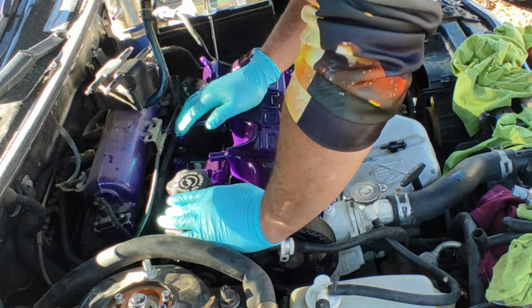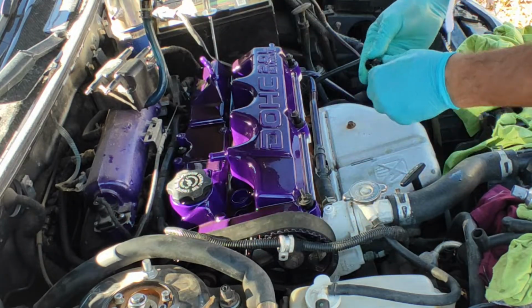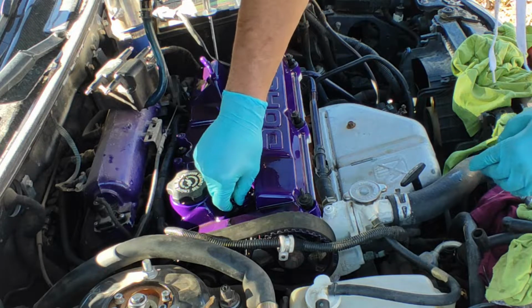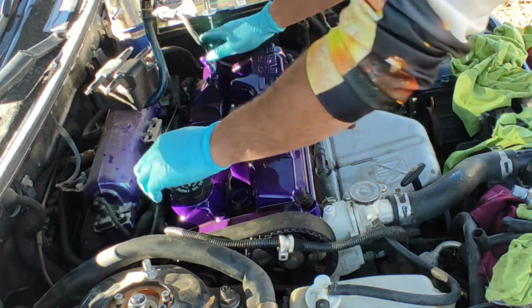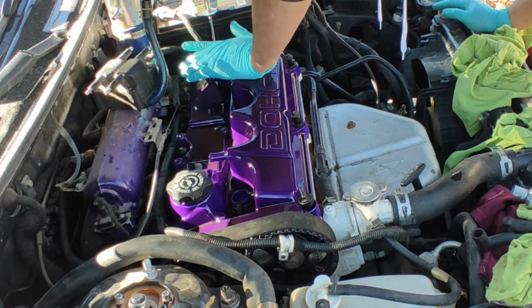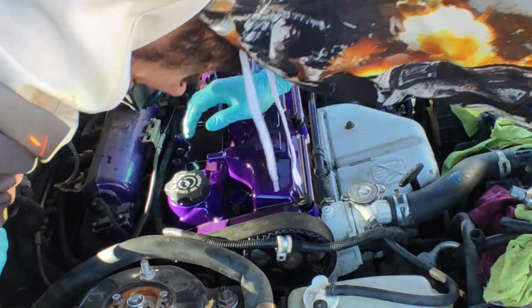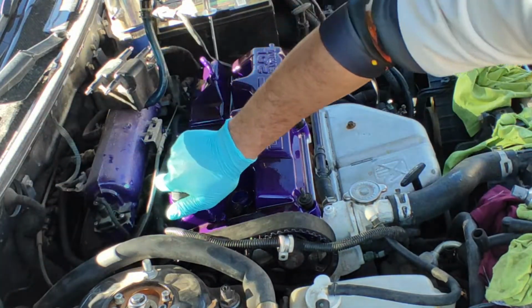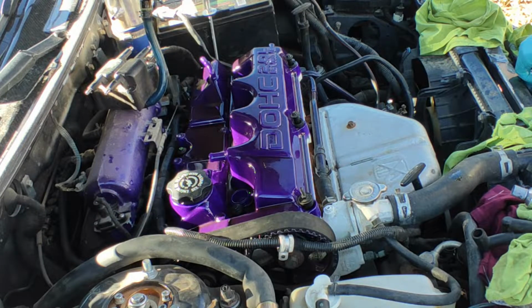Make sure you go all around. Check. Don't forget this one. Check that the gasket is not outside. Make sure it's all aligned in there, and then we're gonna take